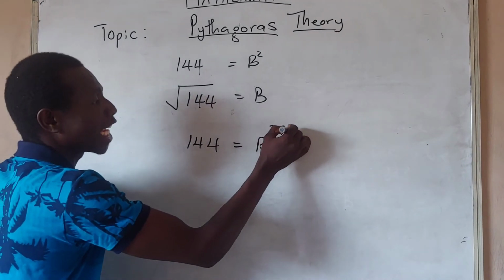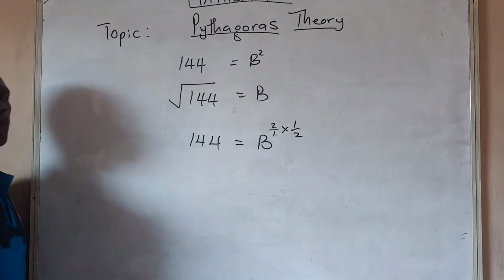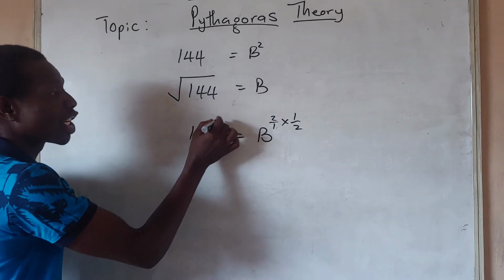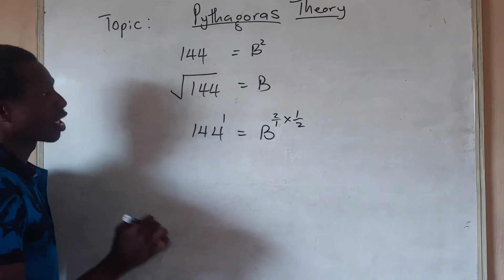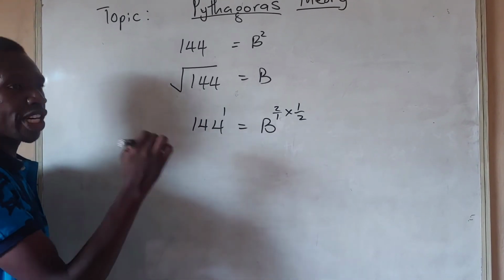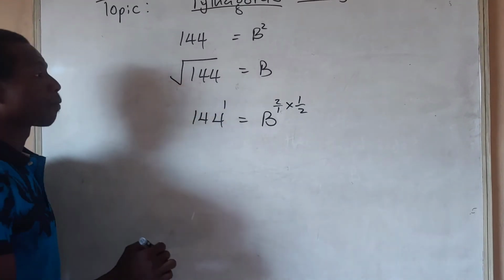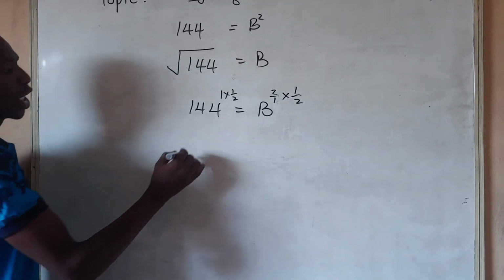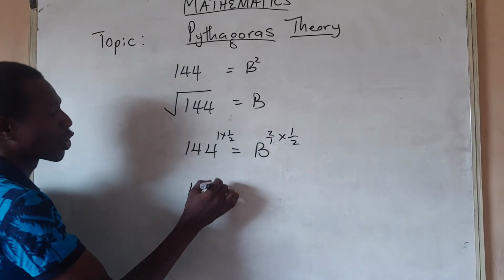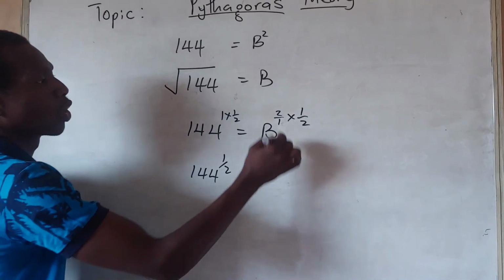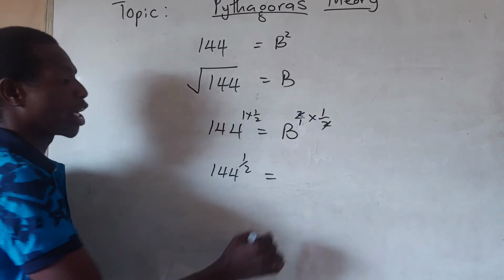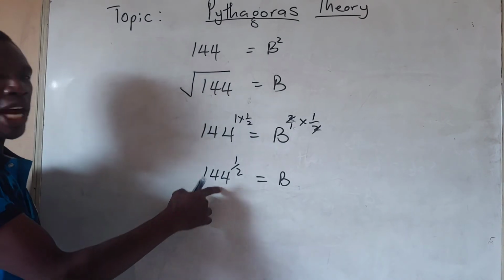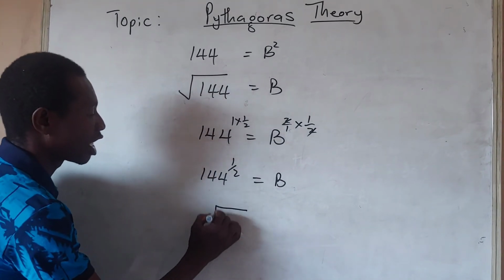I have to multiply it by 1 over 2. And remember that whatever you do to this side, you must also do to this side. So I'll have, this one is raised to power 1 as it is, because it is not raised to power anything. So any number not raised to power anything is actually raised to power 1. So 1 times 1 over 2. So that leaves us with 144 raised to power 1 over 2 equal to, these 2 will cancel these 2, making it to become b. Now by law of indices, any number raised to power 1 over 2 is the same thing as the square